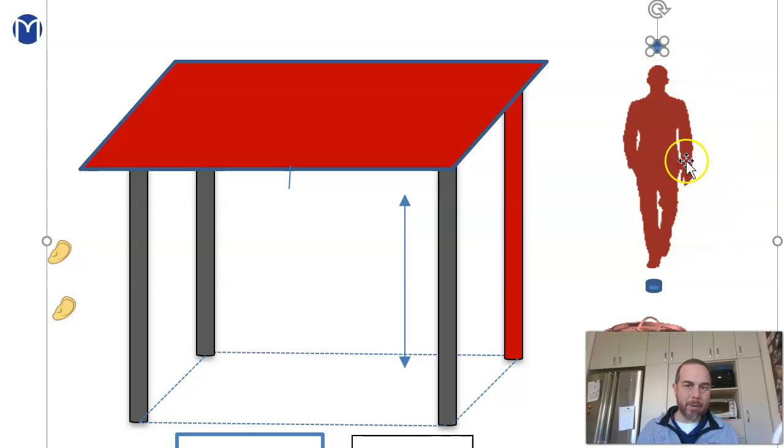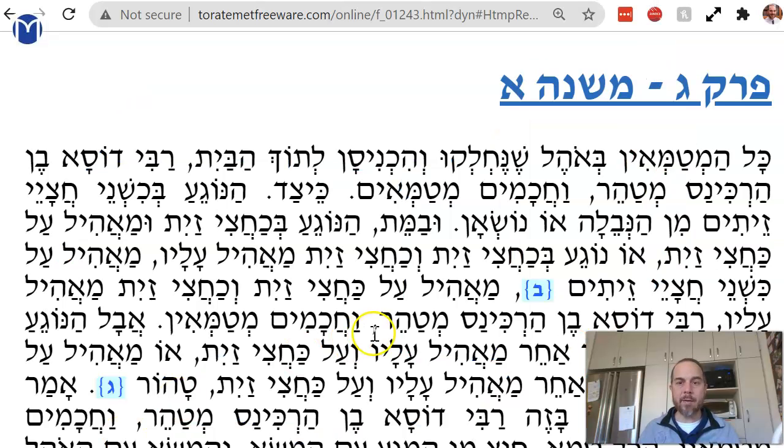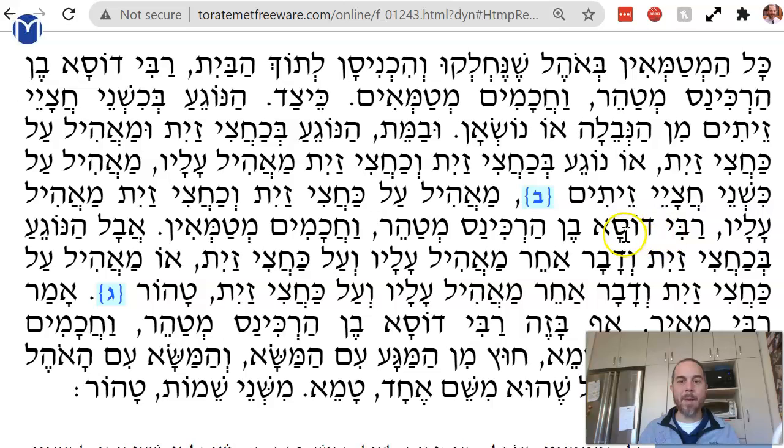How are you jumping through two kezaytim? No idea how you do that, but I guess it's not so hard to figure out. So in all of those cases, the Mishnah says Rabbi Dosa ben Hyrkanos mitaher. Rabbi Dosa ben Hyrkanos says they can't be combined, v'chachamim mitam'in, and the Chachamim are mitameh.